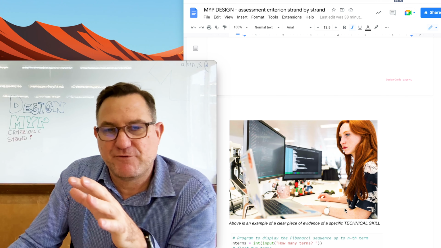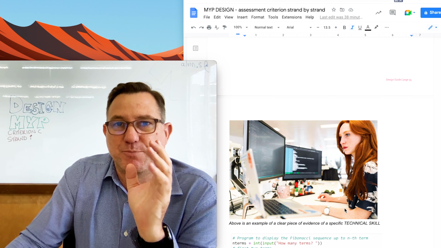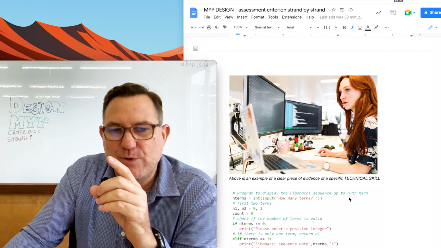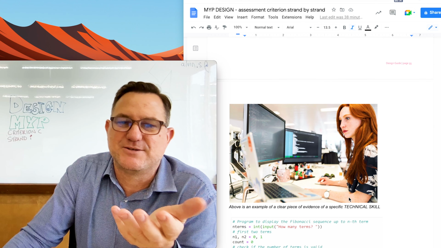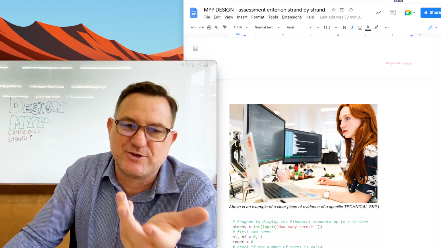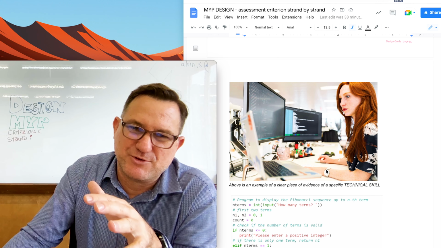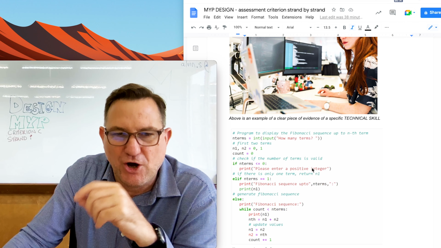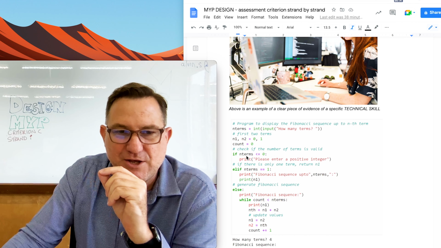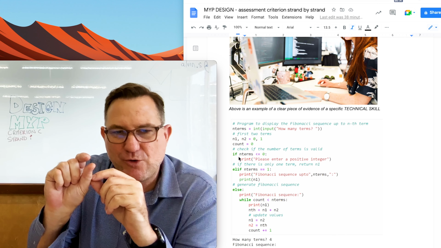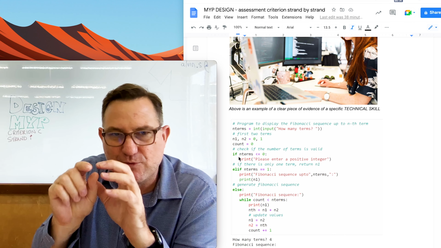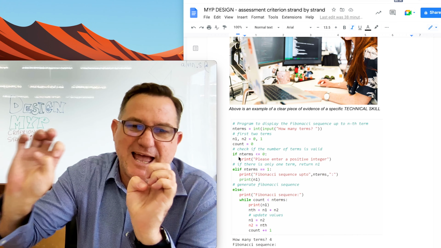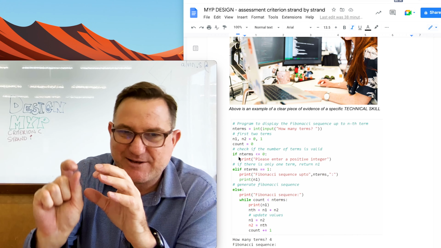Now, if you're doing some kind of digital design project, maybe you're doing some coding, again, go into great detail. Here's a piece of evidence, the first picture of somebody doing some coding, and that'll get a medium-low mark. But if we actually look at the coding, you can highlight certain skills that you possess. Do you know what the if function is, or the elif? You might need to just explain it briefly